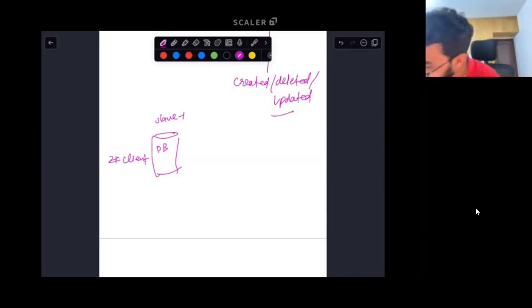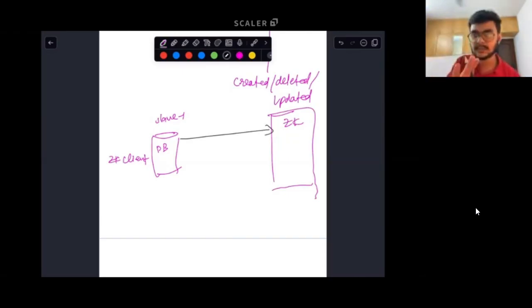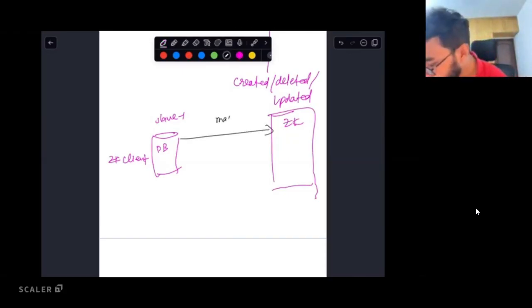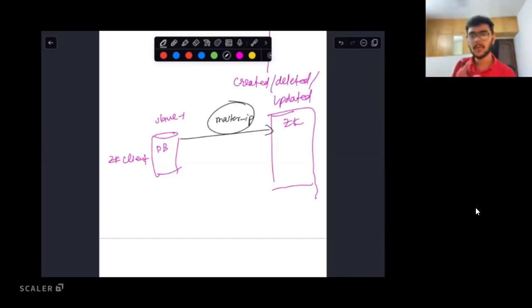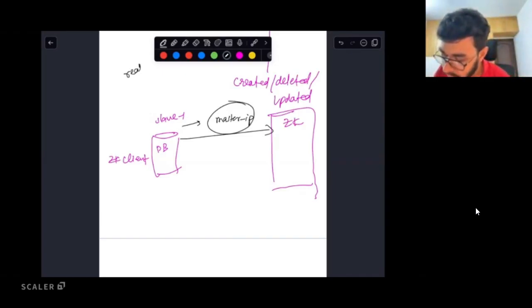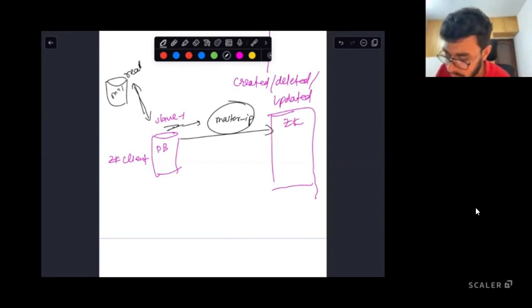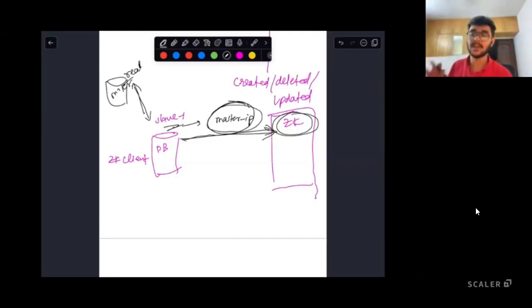So what will it do? It will go to the Zookeeper system and ask for the IP address from the master IP file. Now you could have done this repetitively, again and again, just before the slave is actually going to read from the master database. It is going to send a request to the Zookeeper cluster saying, get me the master IP for this MySQL cluster from the specific file. Let's call that file FILE.